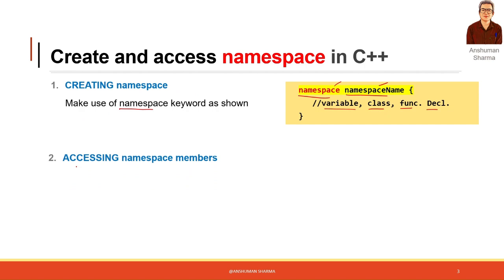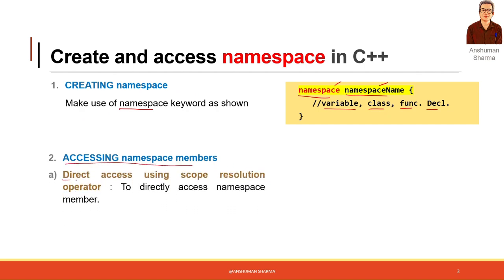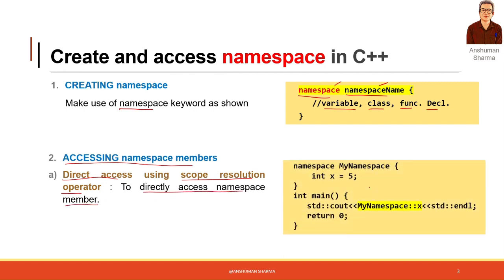And for accessing the namespace, if we want to access a member, there is direct access using the scope resolution operator. We have to fully qualify the name of the namespace followed by the operator to directly access the namespace member. As we have shown here, int x, if we want to use it, we have to qualify it here. And if we do not include the standard namespace, as I've told you earlier, the std namespace is being included, and if we want to use it in code, then we have to write using